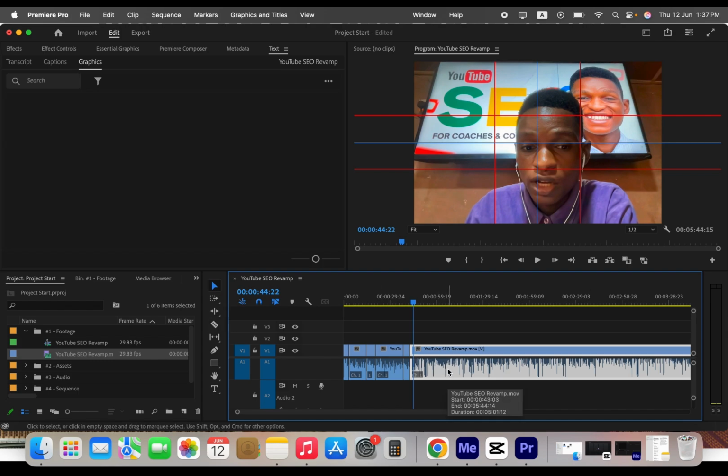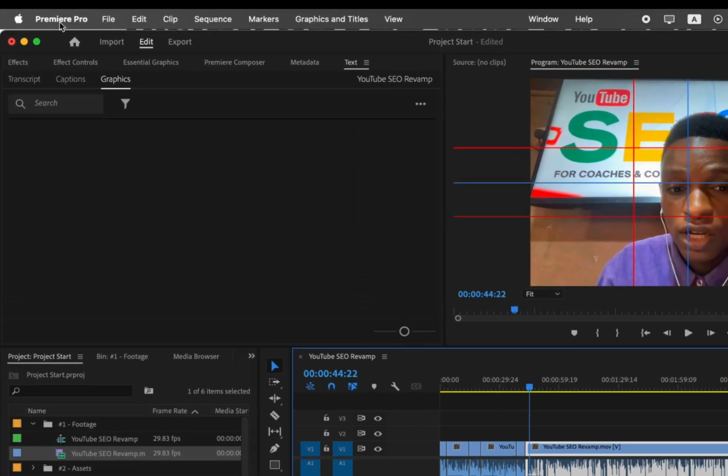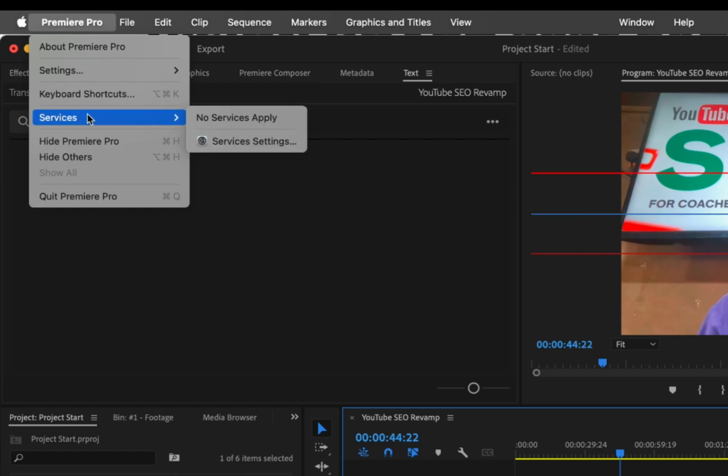Now, how do you set this up? It takes just about 5 minutes for you to set this up once, and then your life will be easier. So all you need to do is go to your keyboard shortcuts. And how you do that on Mac, you come to this Premiere Pro icon here and you come to keyboard